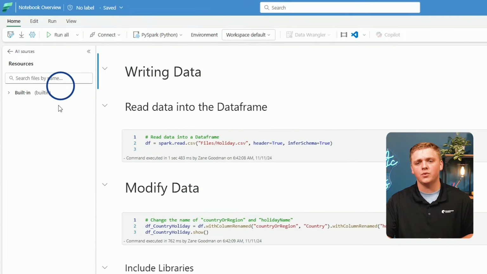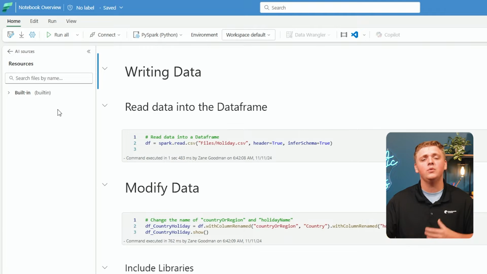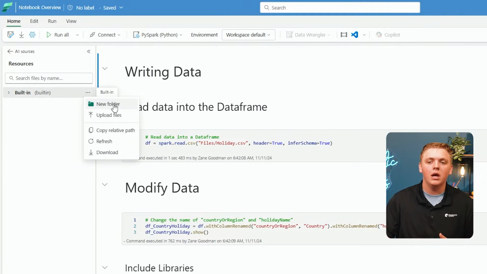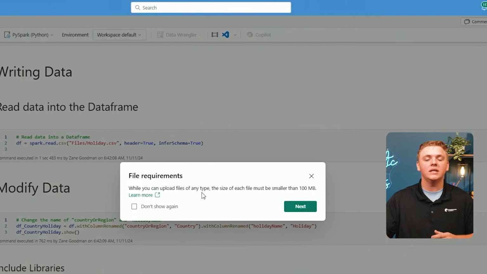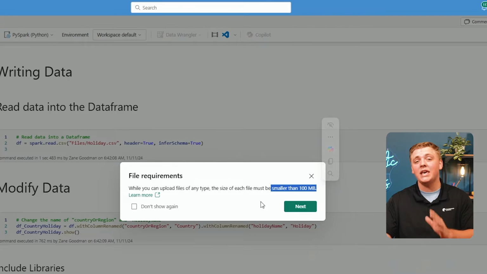If I select resources, this is going to give me an option to upload files directly to my notebook from my machine. So next to built in, if I select the ellipses here, then I can select new folder, upload files, copy relative path, and more. If I wanted to upload these files, you can see a pop-out shows itself to us and lets us know that